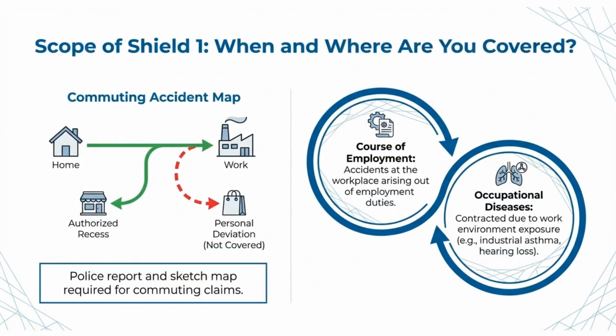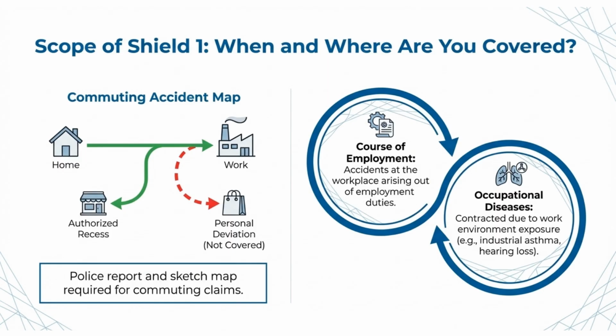The Employment Injury Insurance Scheme covers three categories of work-related contingencies. The first is commuting accidents. These include accidents while traveling between the employee's residence and workplace, between the workplace and the place where the employee takes meals during an authorized recess, or on a journey directly connected to work. Commuting accidents are considered employment-related as long as the accident does not occur during a stoppage or deviation made for personal reasons. All commuting accident reports must be accompanied by a police report and a sketch map showing the accident